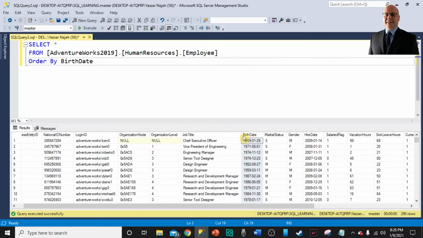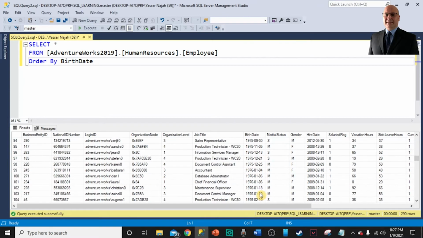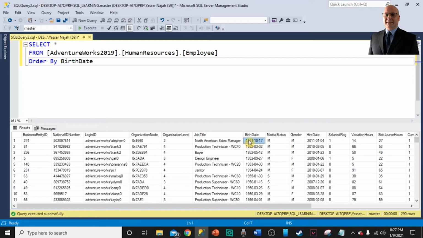So automatically, whenever you specify a column in the order by, SQL Server will default it to an ascending value. So let's try that. As you can see now, the data is sorted by the birth date from the very old date to the most recent date within the table, 1991, and the very old one is in 1951. So when you write it in this way,